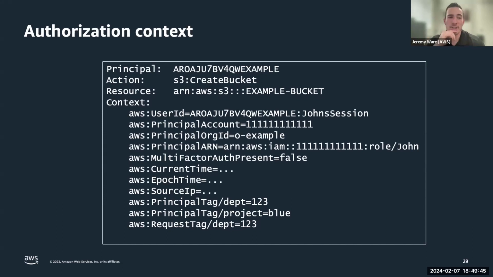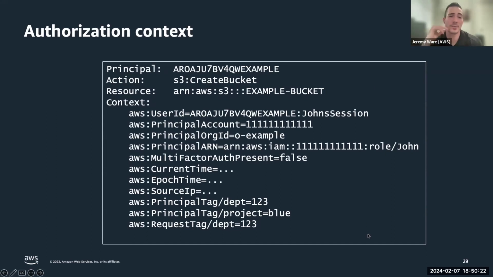So when we look at authorization context, this is what actually gets sent to the data plane authorization endpoint for any service when you're trying to make API calls. It is a conglomerate of principal data and control plane data that's provided by the service. And what we end up getting is a whole bunch of context that we can map against our applicable policies to authorize the request or deny access. So we're going to get the principal, which is going to be one of our AR, AS, or AK numbers, random alphanumerics. We're going to get the action they're trying to do on which resource, and then we're going to get all the applicable context.